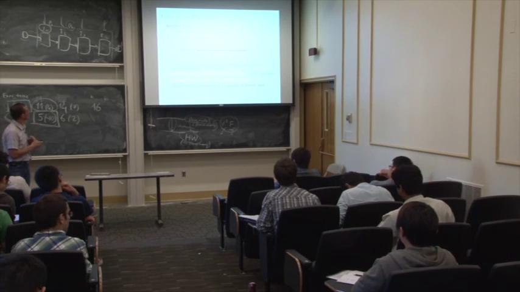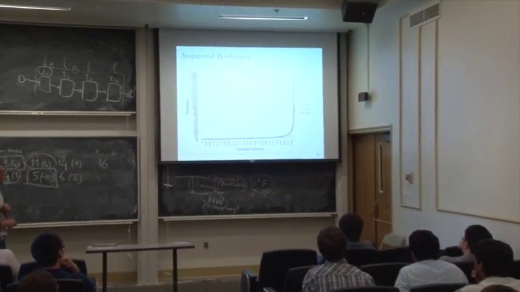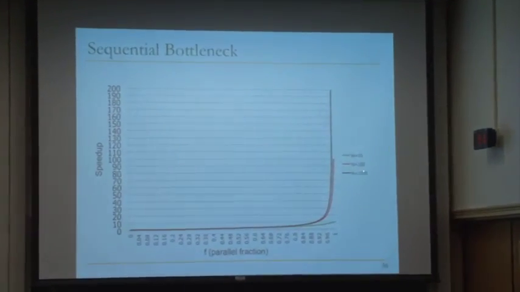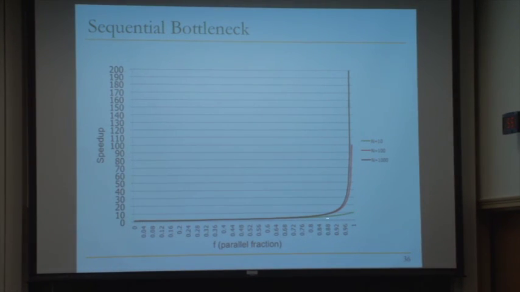Okay, so we've already covered this. I want to cover this again here. And this is a real way of drawing that curve, if you will. If my cartoons weren't enough, this is the parallel fraction plotted here. And this is the speed up you get with different numbers of processors. If it's 10, this is how your speed up increases. If it's 100, this is how your speed up increases as you increase the parallel fraction. And if you look here, even if you have 1,000 processors, you don't get more than 10x speed up unless your parallelizable portion is close to 90% or so.